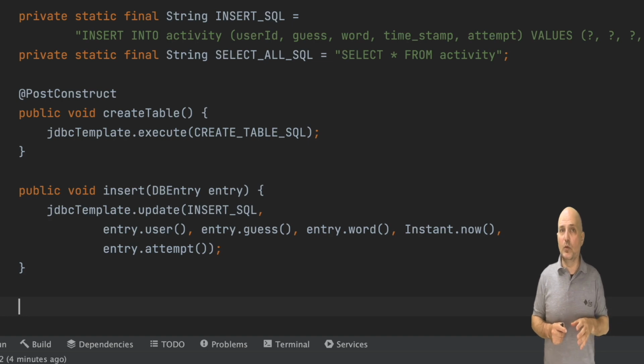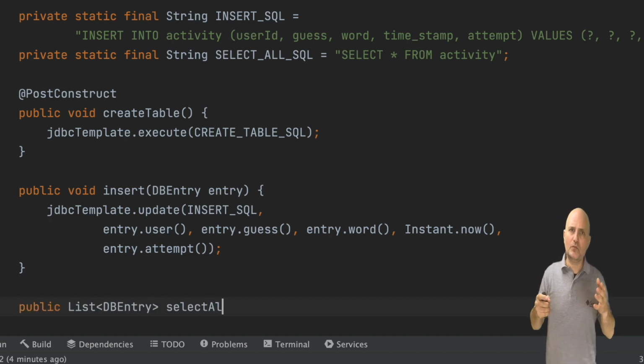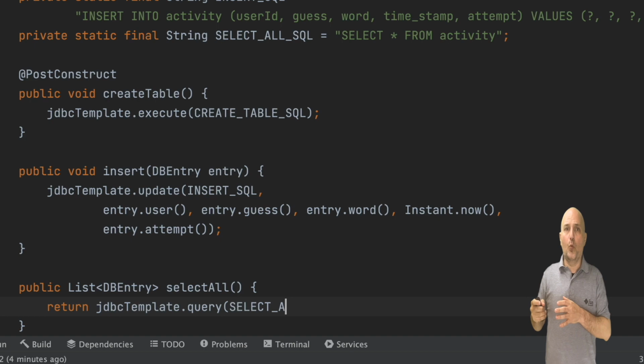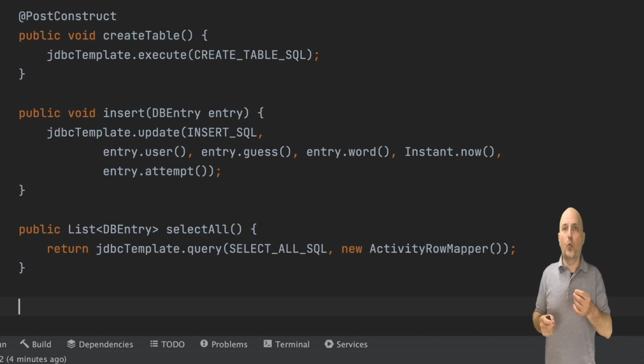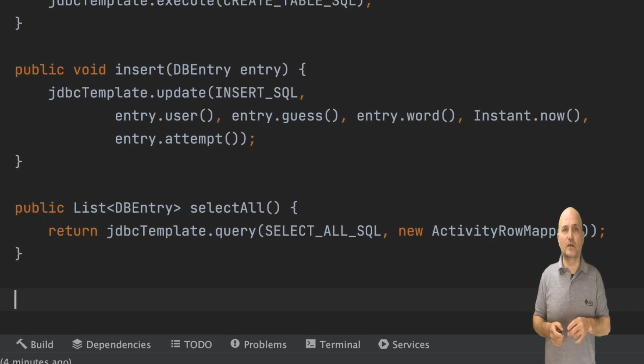How do we fetch the data? The select SQL works a bit differently. We need a row mapper, which I will define shortly. To implement that, the mapper takes the raw JDBC results and converts it to a more friendly format. In this case, a list of DB entry instances.